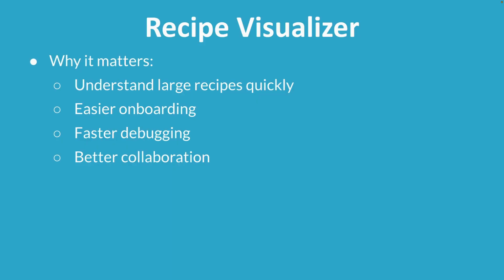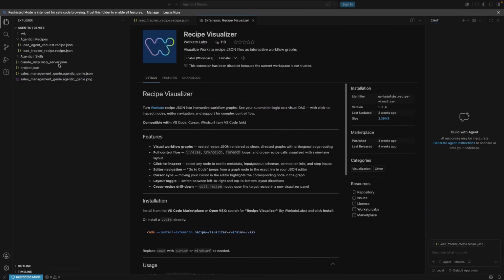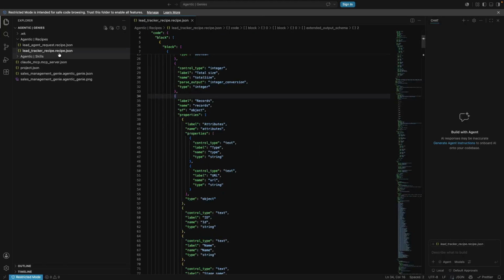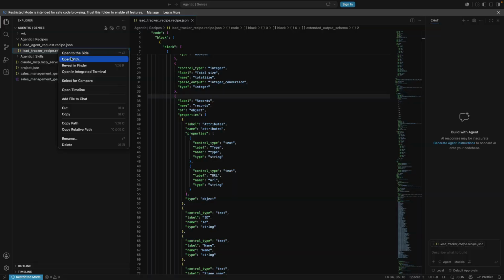Recipe visualizer gives you a visual representation of the recipe directly inside Visual Code. Instead of trying to understand every step by reading the raw JSON, we can simply view the recipe as a flow. Let's now open it. So for example, this is the recipe I would like to see in recipe visualizer. I'll close this. I'll simply right click and